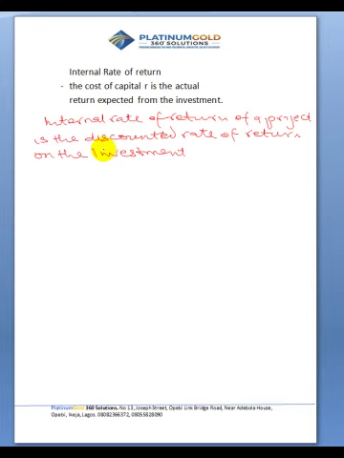The internal rate of return of a project is the discounted rate of return on the investment. It is the average annual investment return from the project. All right. Discounted at the IRR, the NPV of the project cash flow must come to zero. The internal rate of return is therefore the discount rate. Another one, IRR is the discount rate,